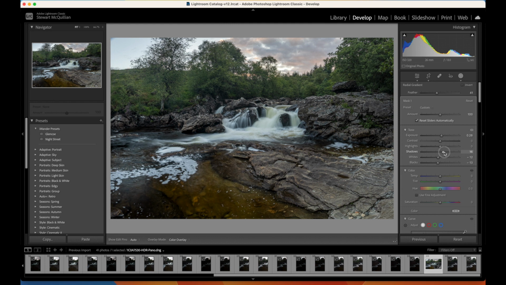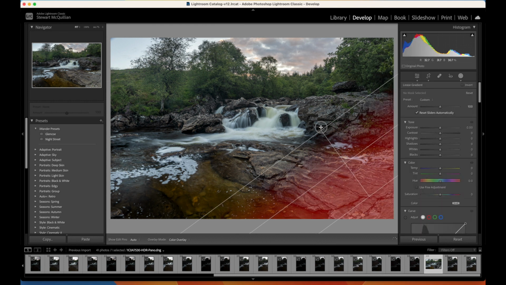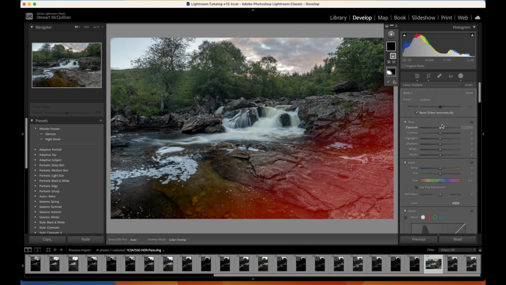Do I need all those shadows? Let me just see there, that could be quite nice. Right, so that area is nice. This area is a wee bit too bright for me. So what I'll do is I'll get a linear gradient, and then all I'll do here is just pull back the exposure just to balance off the image so that this isn't too bright, because this just kept attracting your